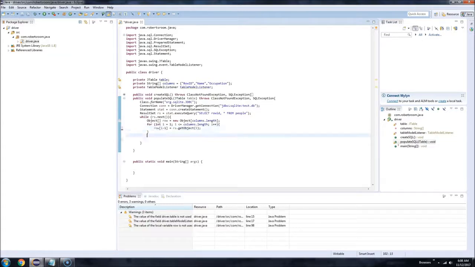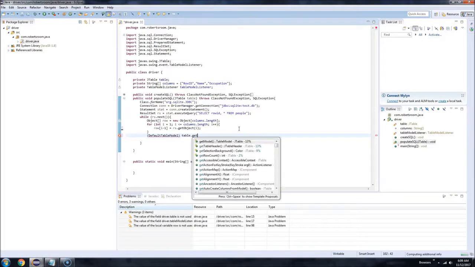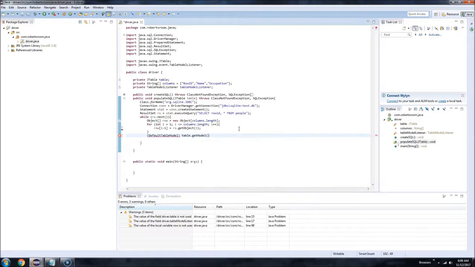So now that we've got that, we now have this row object, which contains all of our line data, and that will make sense once we actually display it. So the next thing we need to do is cast our default table model, and this will basically be what's handling all of the data, and we need to get the model from the table,